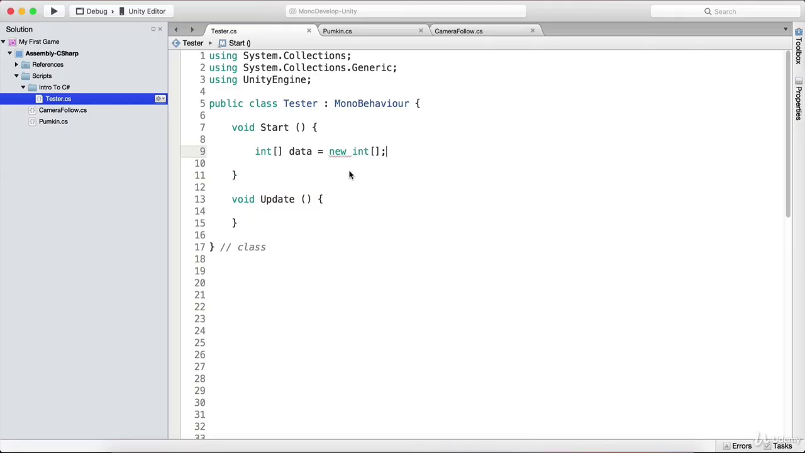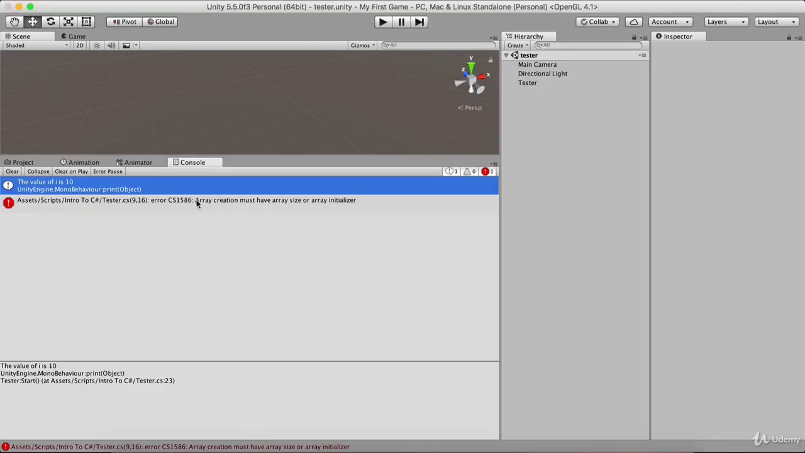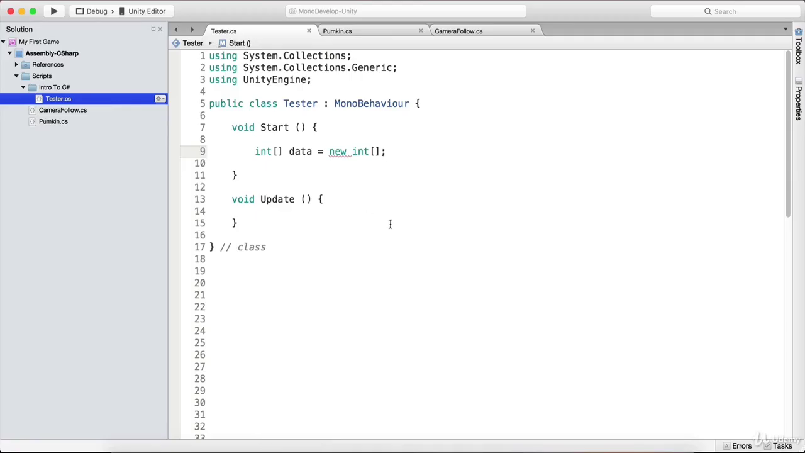like this. And it is giving us an error right away. You see this red line, and if we go here in our Unity editor, it says array creation must have array size or array initializer. What does that mean? Well, I mentioned a moment ago that if we want to create 10 integers and store them in this array, when we create that, we need to denote here that we want to create 10 integers. So this is an array of integers called data, which is equal to a new array of integers of